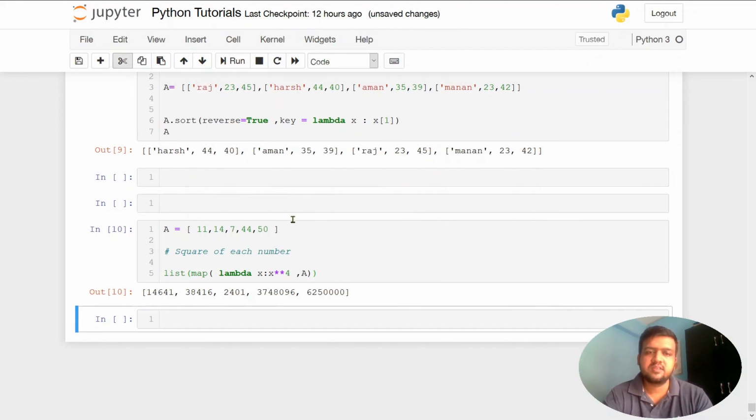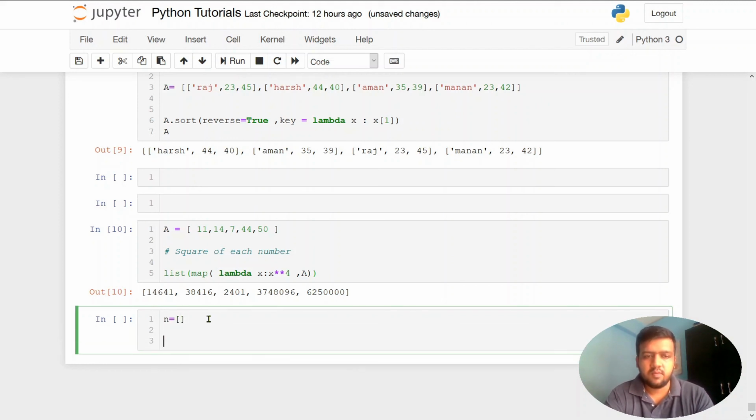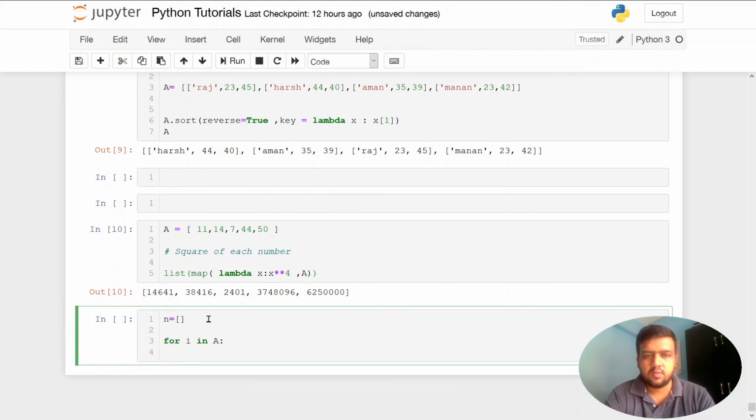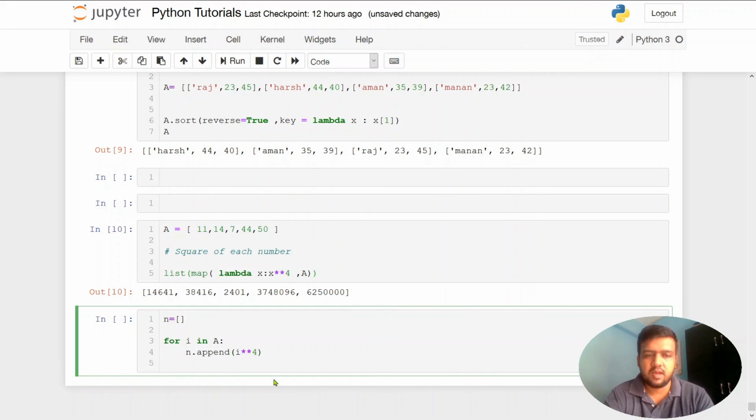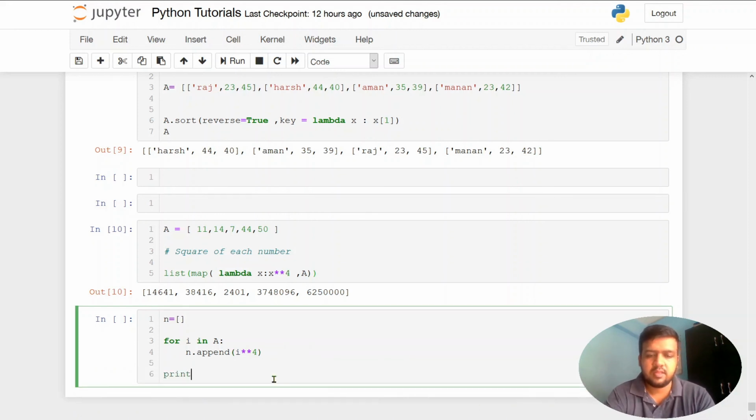Let's say you are doing the same task using the traditional for loop way. Then you have to first define a new list, let's say n, and then use a for loop to get each value from the list A. Then I will append the new value that is encountered using the append function, and I will store each of the new values into the list, and at the end I will print this new list.